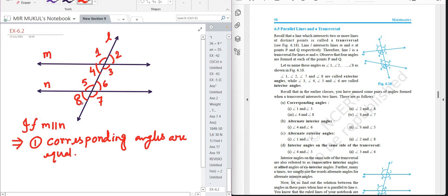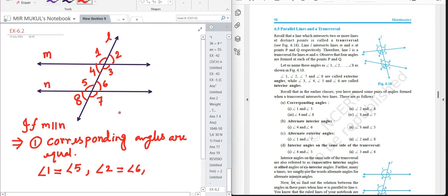So here what type of angles will be corresponding angles? Suppose if we take angle 1, its corresponding angle will be angle 5. That means angle 1 should be equal to angle 5, right? If we consider angle 2, its corresponding angle will be angle 6,